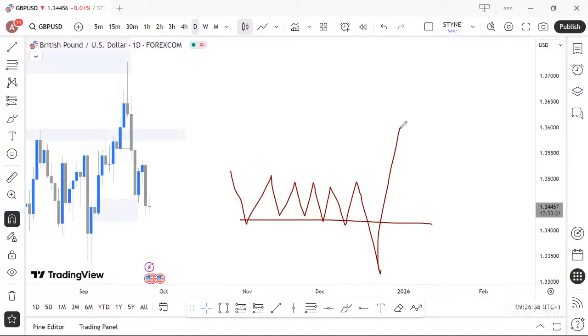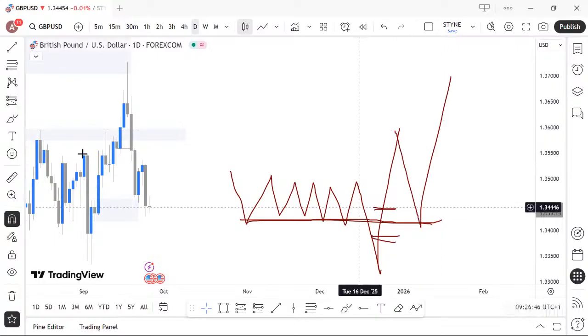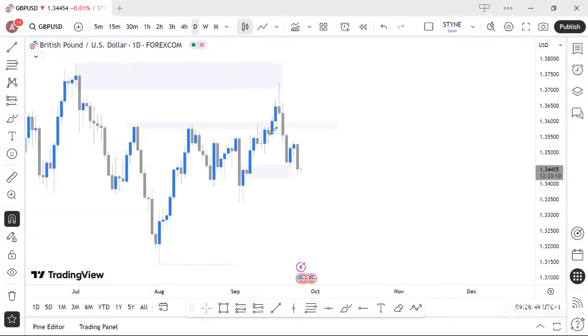It may break up again. So this area is still valid as long as there is imbalance here. This area is still valid. So price can still come back and do like this. That's exactly what we're having here. After price broke this place the first time, you're supposed to come and buy from here and go up, is it not? But since price touched this supply,